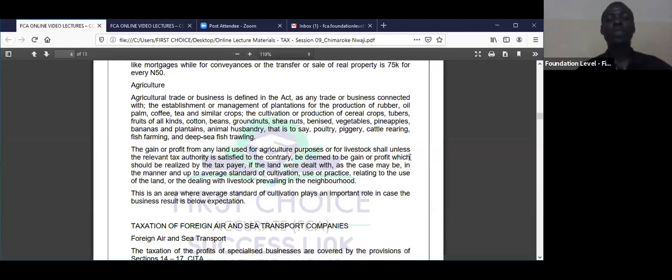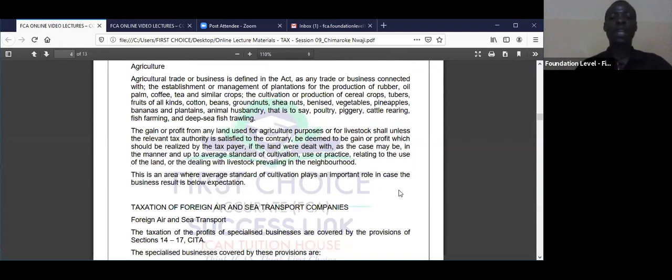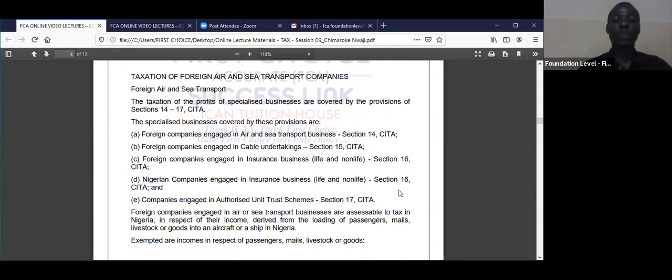Now, if they want to test you properly on calculation on specialized business, what they will test you on is that of air transport and sea transport or communications. Now look at air and sea communications. The taxation of profits of specialized business are covered by the provisions of sections 14 to 17 of the Company Income Tax Act. I will advise you that if you are learning taxation, especially if you want to really practice, you go and get the